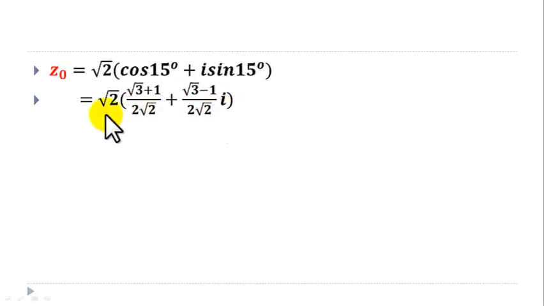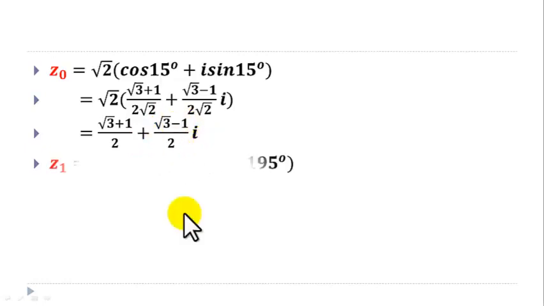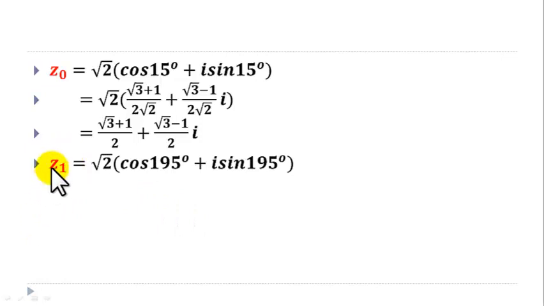Opening this bracket, root 2 times this term will cancel root 2, and times this other term will also cancel root 2, and this will then give us root 3 plus 1 all over 2 plus root 3 minus 1 all over 2 times I. And for k equal to 1, we are finding z1, which is equal to root 2 into cos